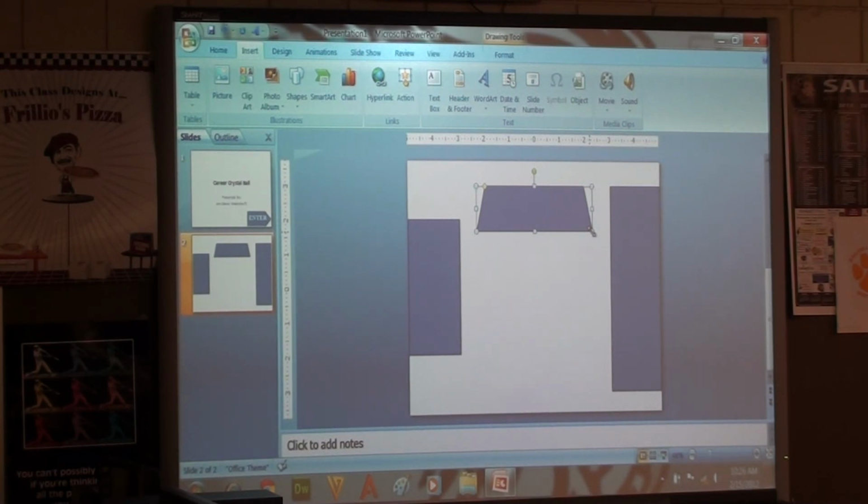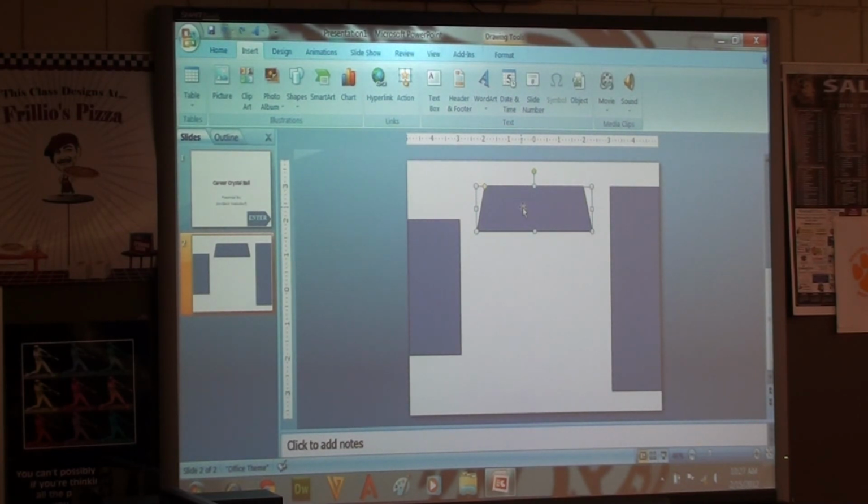Alright, so when I draw it, we're going to have to resize it. We're also going to have to flip it. Now, here's the thing. We can rotate this shape by using the green knob. But I don't like it as much because it's not as easy to manipulate with your mouse. Okay? So what I like to do, I like to try to keep things precise and it's just easier to move,